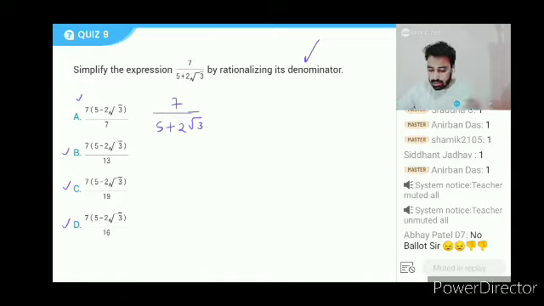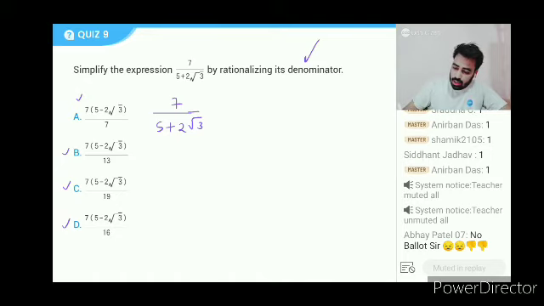Okay, I can see that some of you are able to understand the concept, but you guys are making mistakes. That thing you need to avoid. And in the next class also, the first 20 minutes we will learn rationalization only, so that we can understand difficult questions also. Let's start the countdown. 5, 4, 3, 2, and 1.